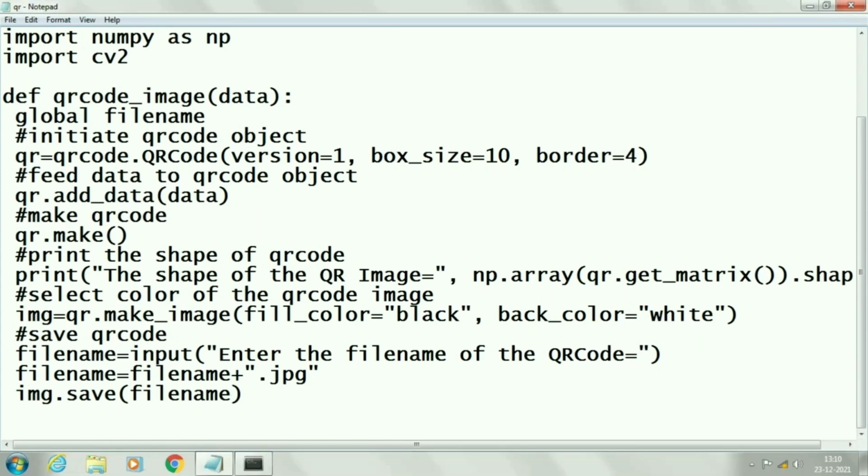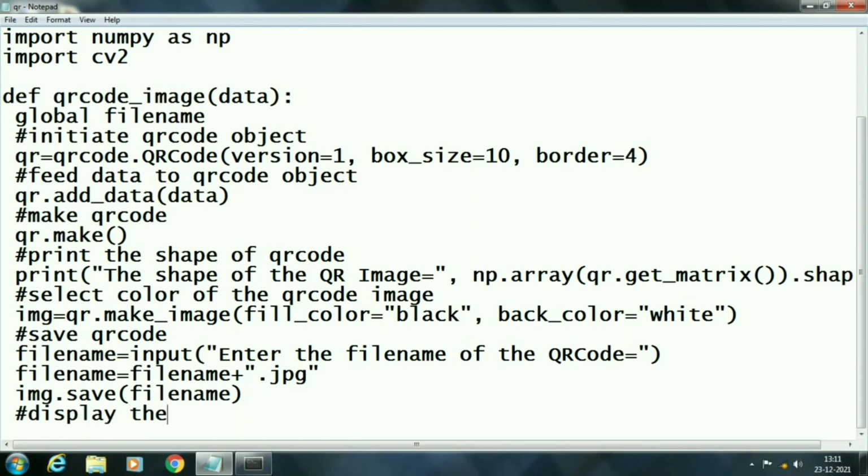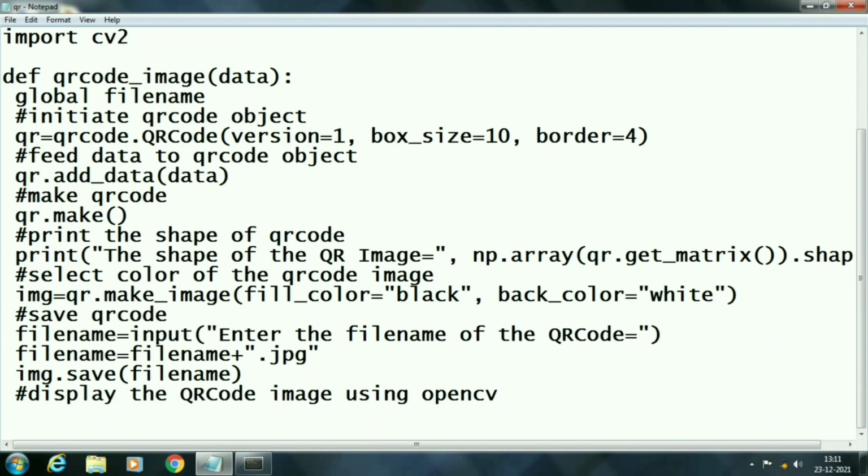Next question is how to print the QR code image without using GUI. Directly we cannot print this image. To do this, we will use the capability of our OpenCV package. We will read the image by using the imread function of cv2.